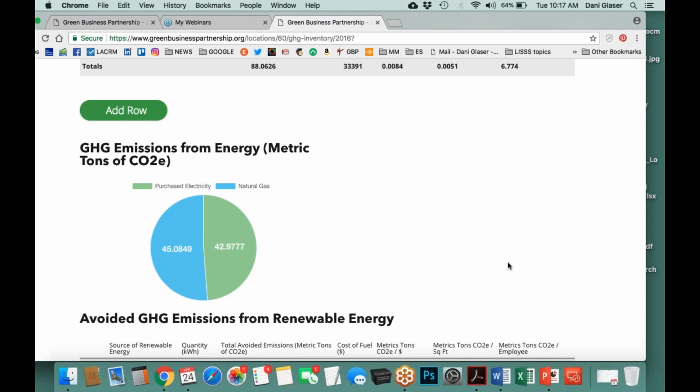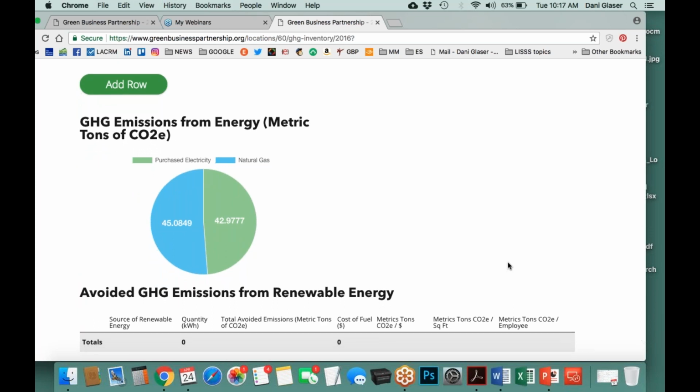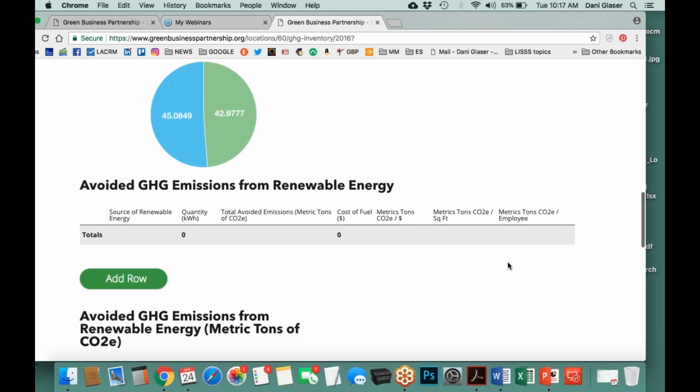So there is a chart for each section. This can help to guide a company on where to focus their efforts to reduce their greenhouse gas emissions. In this case, it is pretty much half and half, so the library should focus on how to reduce both natural gas and electricity. And here we have the avoided greenhouse gas emissions section, where organizations can enter data about